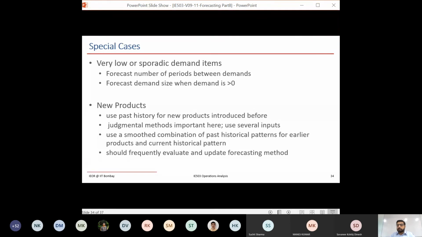Anything else? So in summary, for the entire forecasting topic, we have finished. We started with why forecasting, roles and characteristics, and forecasting accuracy measures. Then we looked at time series methods of exponential smoothing, moving average, Holt's method, and Winters method. We learned how to calculate using spreadsheets, or at least implement it in spreadsheets. Then we also became familiar with some of the new techniques, at least the terminologies, such as Prophet or ARIMA, etc.